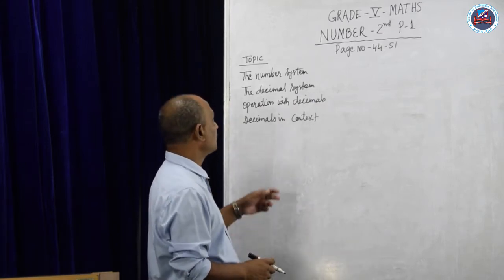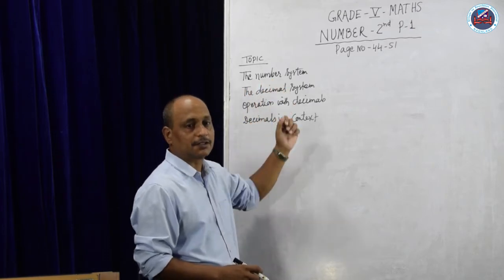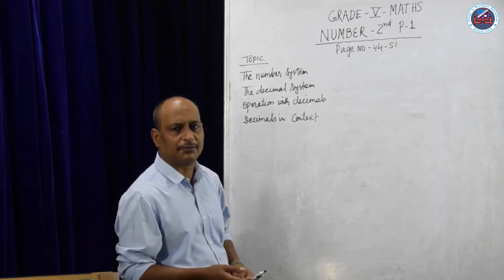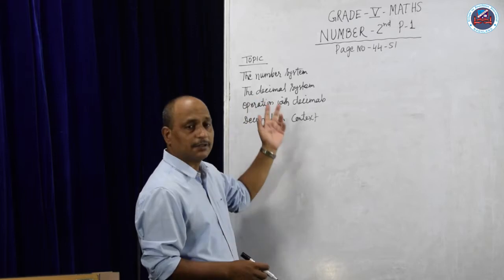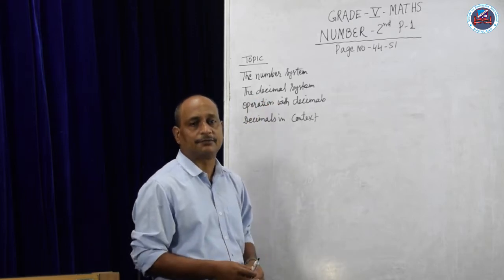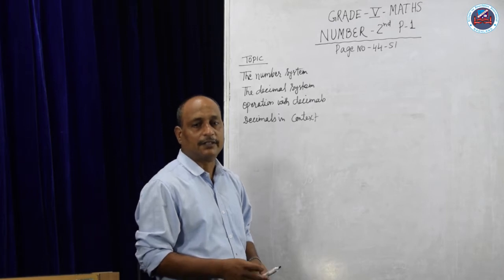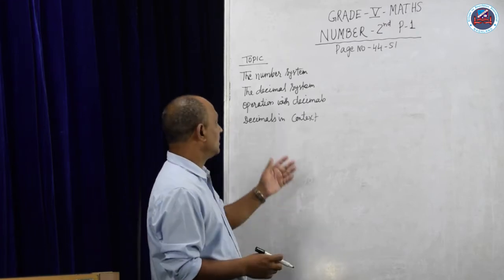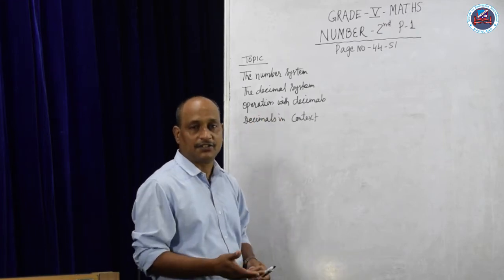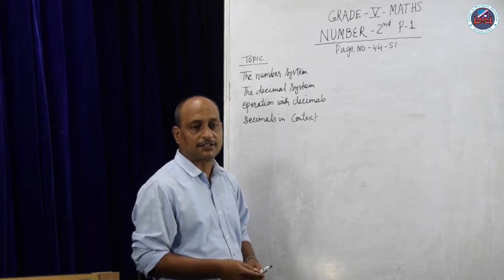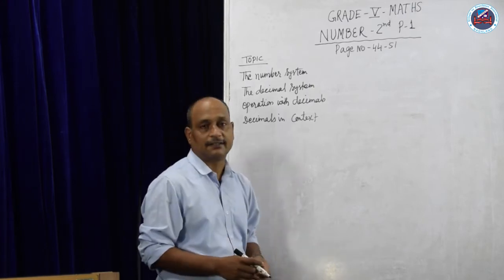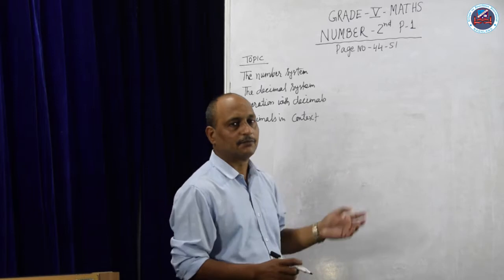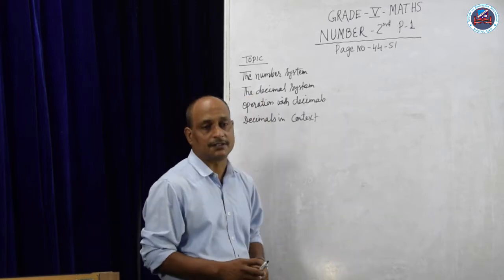Our topic will be the number system. We are going to learn number system. In number system there will be rounding, greater and smaller, halfway between, double number, then decimal system. You know decimal. So decimal of writing in place value, then missing number, then greater to smaller or smaller to greater, then operation with decimal means addition, subtraction, multiplication, and then decimal in context means word problem with the decimal. So let us focus on the first topic, the number system.